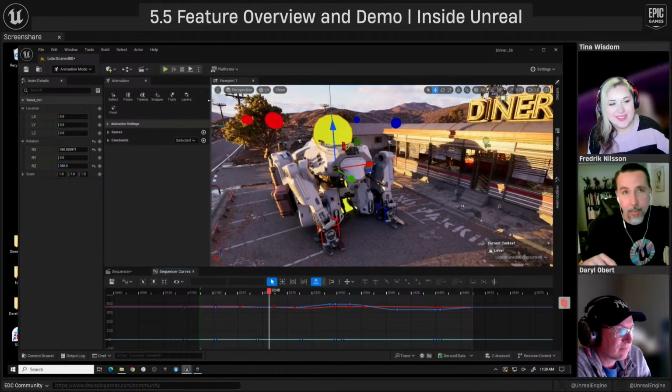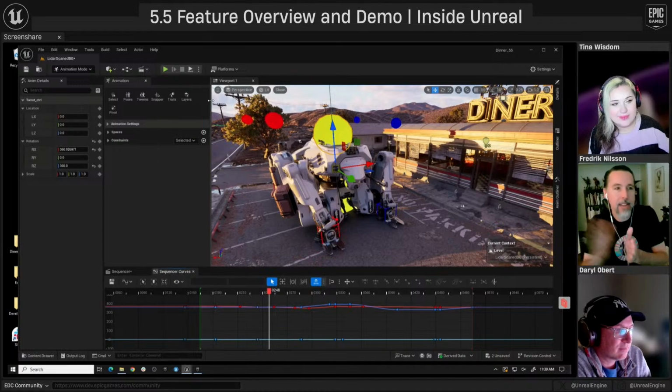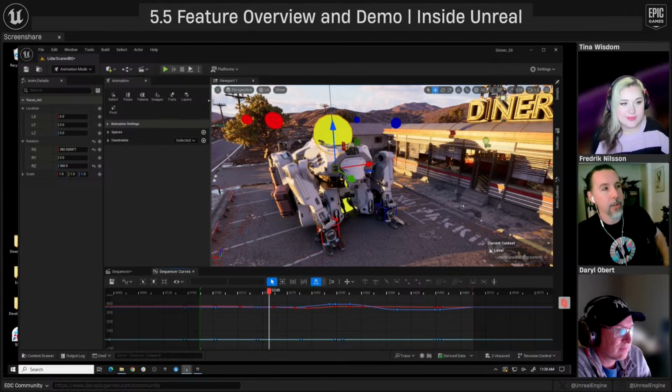In my talk, I cover levels and level sequences and just the basic setup of how you set up a shot. I'm an animator coming from Maya, and I just want to add a character and start animating. So the first half of it is that, and the second half is a lot of stuff I'll show here, just kind of in different